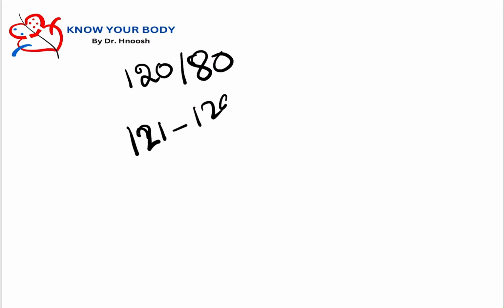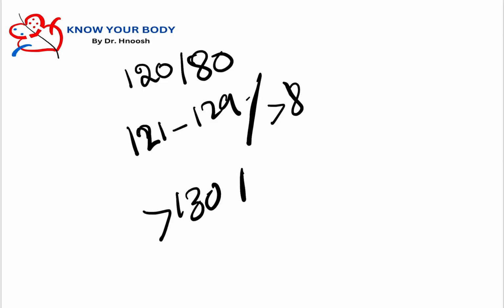Those blood pressure numbers are divided into three categories, okay? Normal, for example, when the blood pressure is around 120/80. There is elevated, when the blood pressure is anything between 121 to 129 over more than 80. And then there is high, when it's 130 or more, or more than 180, and the bottom more than 80. Okay,